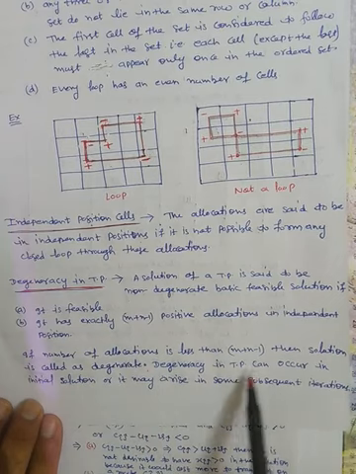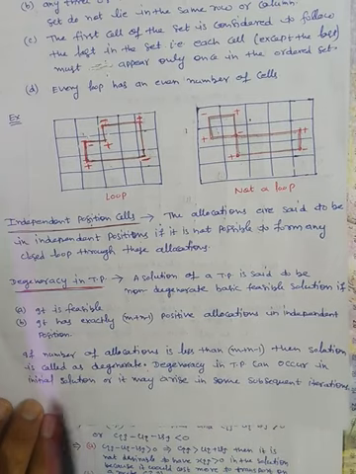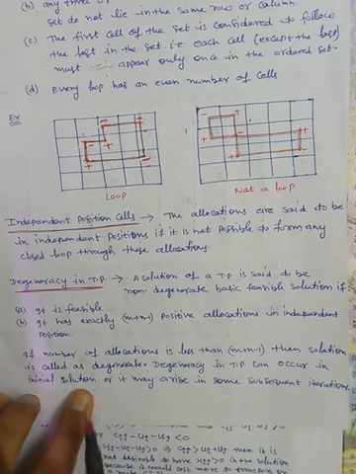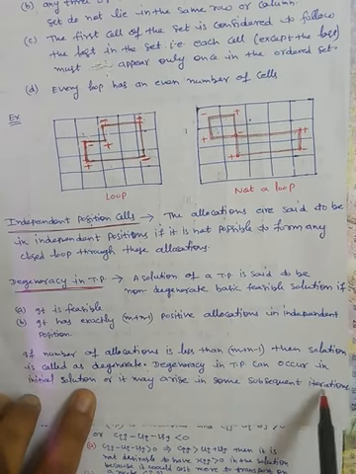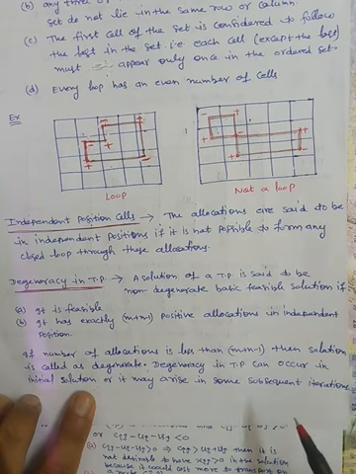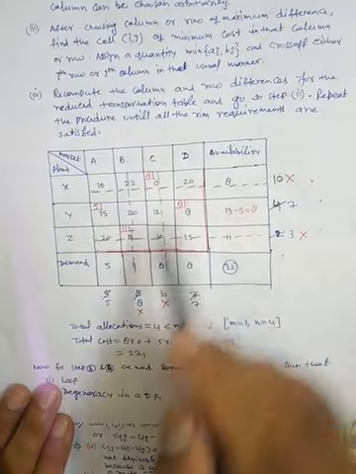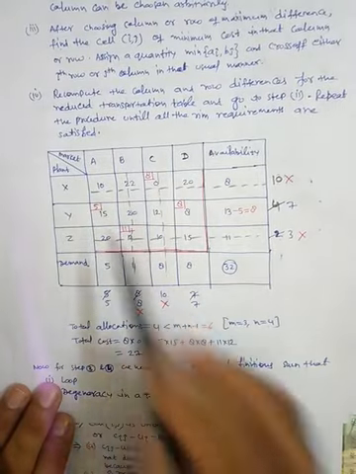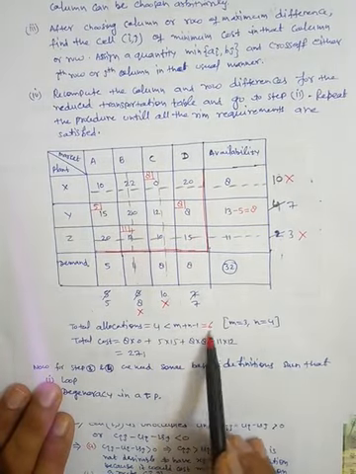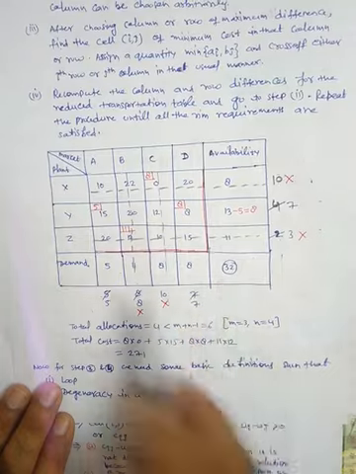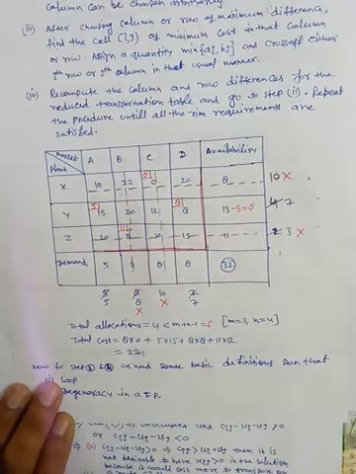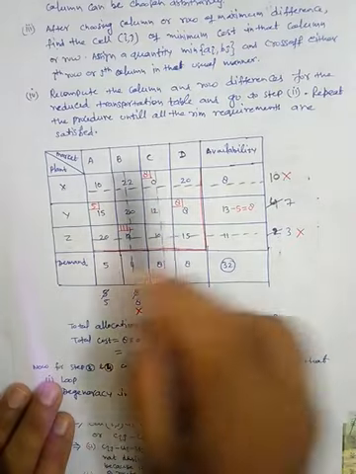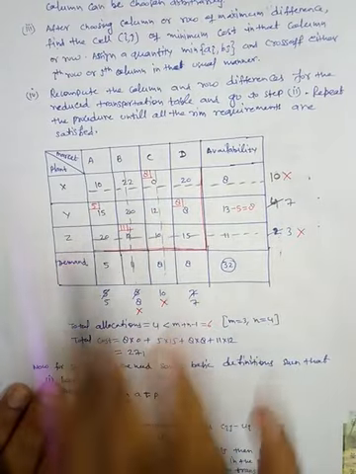And this degeneracy in a transportation problem can occur in the initial solution, या तो स्टार्टिंग में आ सकती हैं, and it may arise in some subsequent iterations, और बाद में भी आ सकती हैं. For example, in the Vogel's method example, you have seen that how many allocations are there? 1 2 3 4, which is less than 6, m plus n minus 1. So that's why this is a degeneracy. How to resolve this degeneracy? We will develop the procedure. तो ये एक degenerate solution है. This is not the optimum solution.